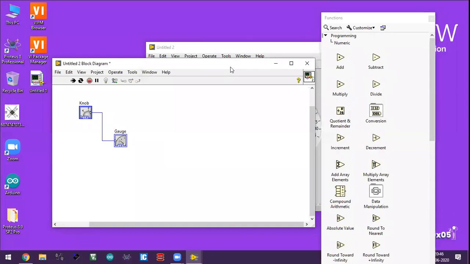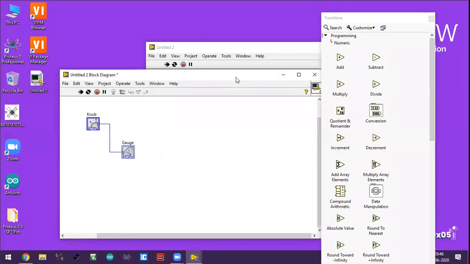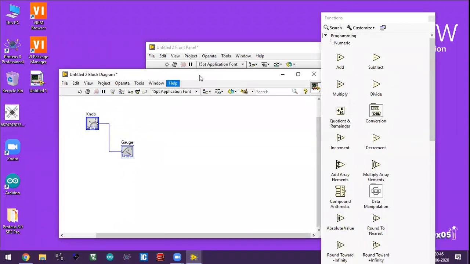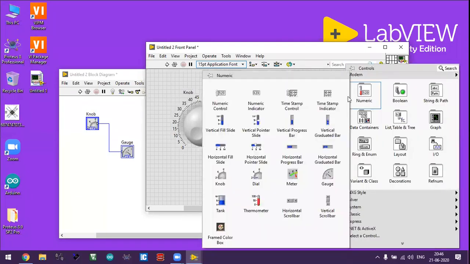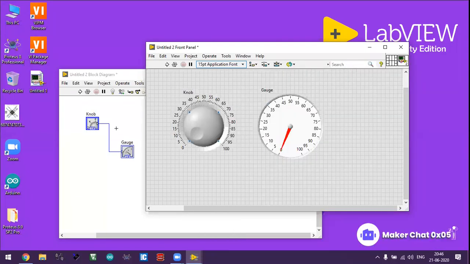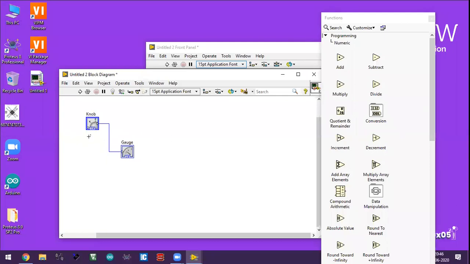Now let's talk about our embedded things. This is a basic thing you can learn easily with no help. You don't have to go for YouTube videos and all that. You can learn easily by putting any elements over here, comparing, and doing block diagram things. If I remove this, one error is there.